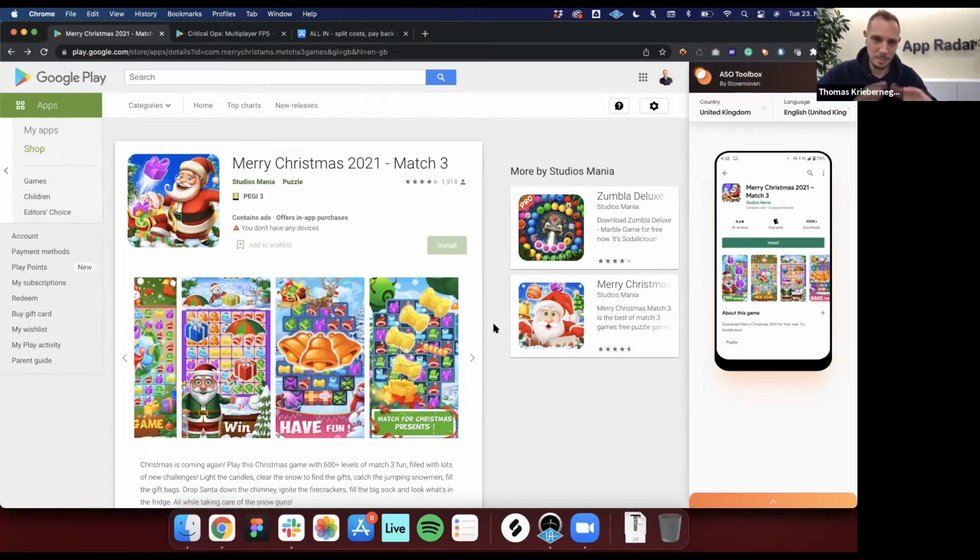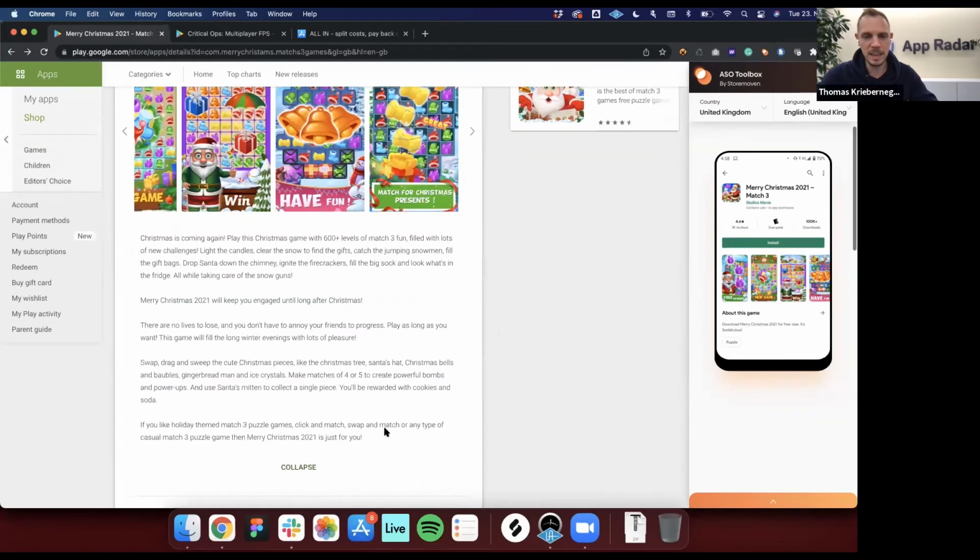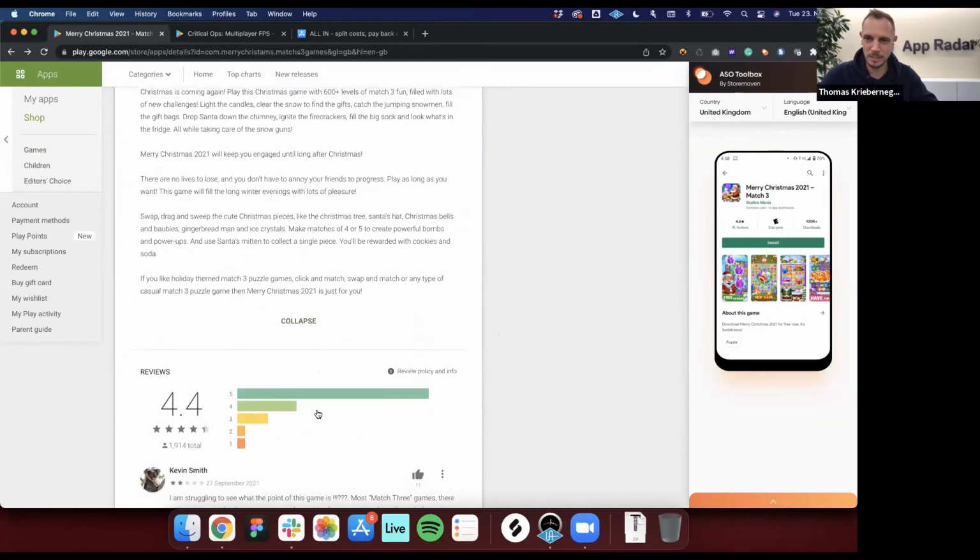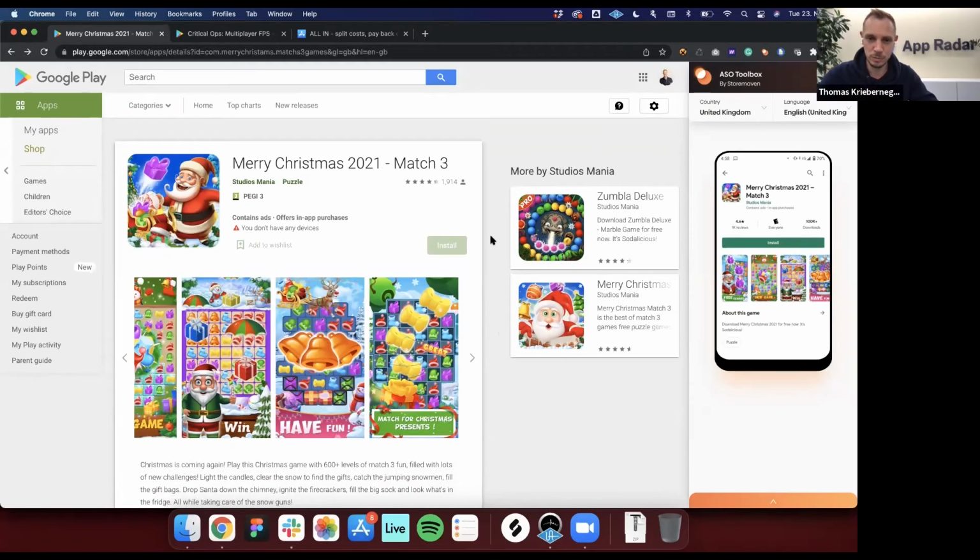So to sum it up and to end it, if I have to give this App Store listing points, and if we say we have a total of 10 points, I would give this App Store listing 8 points because it's super optimized for the Christmas season, but as mentioned, a bit too colorful, maybe a bit too spammy, and also not reactive enough when it comes to answering reviews.